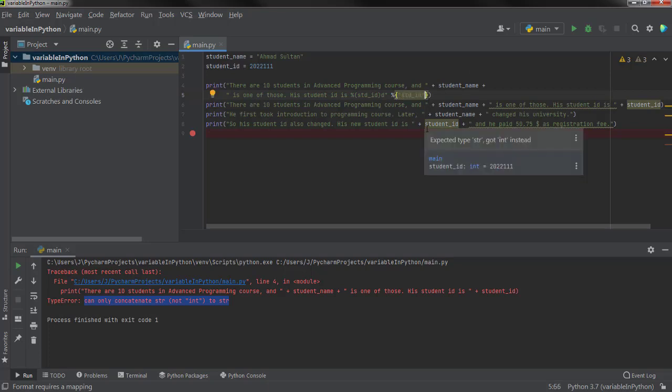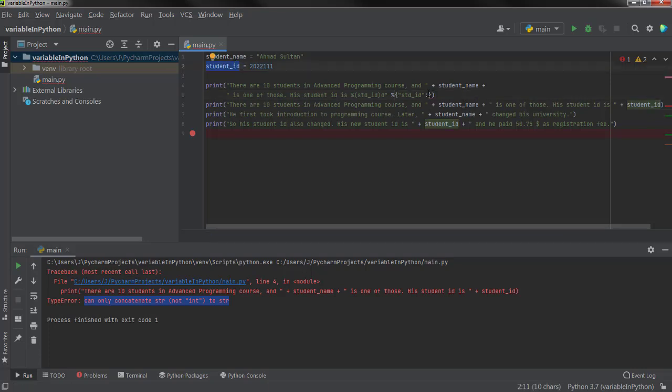Then outside of this quotation I will say colon, replace this value with which value, with the student ID value. So I'm going to replace this with the student ID, and that's all.